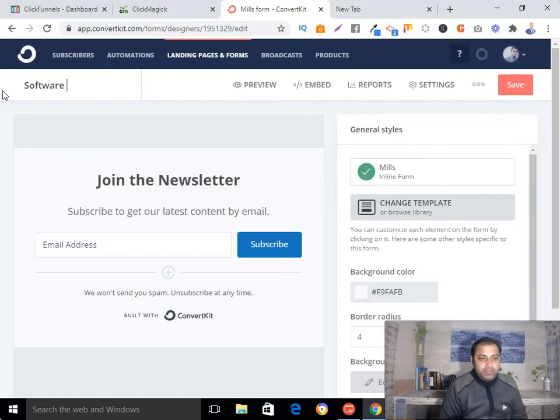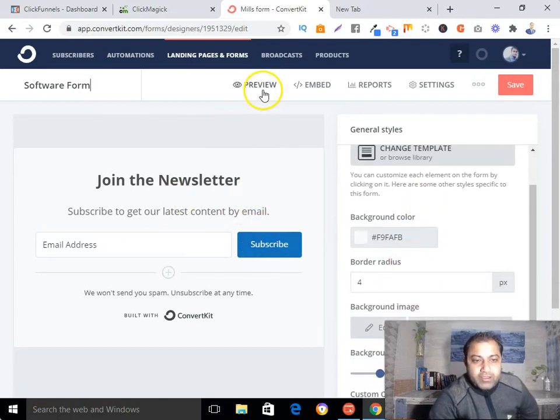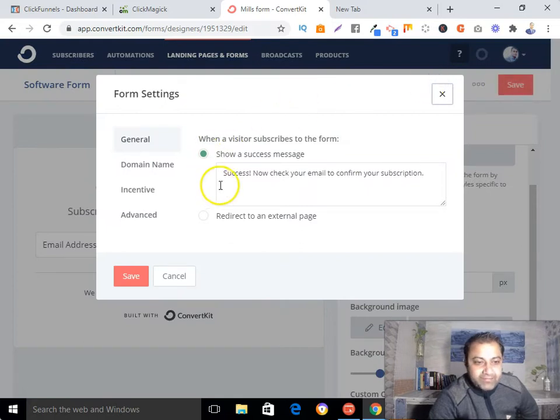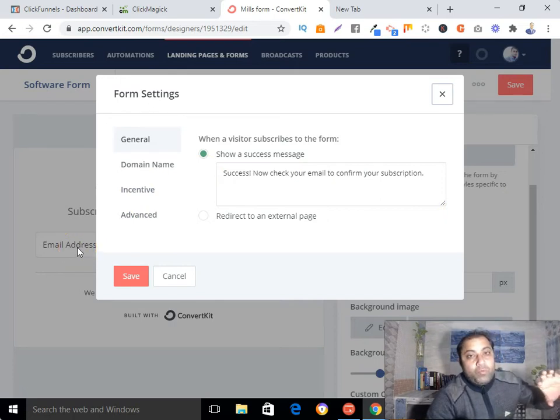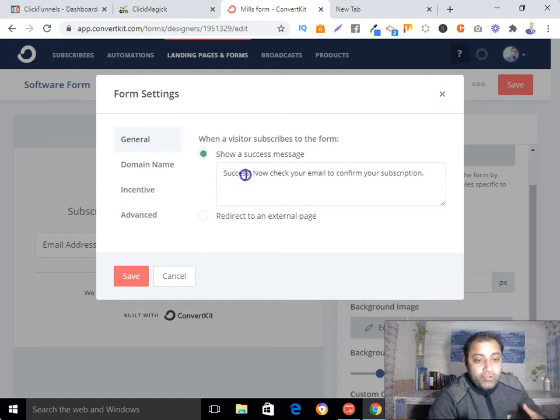Software form, whatever you want to give. So here we can go to the settings and put our journal setting, success. Now, check your email. For example, if someone puts in his email address, what's the next page, and what will be the message on the next page? So we can say,